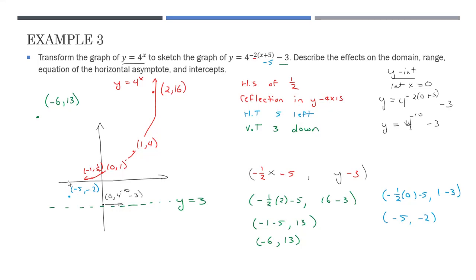Generally, when we sketch stuff, we are supposed to find the x-intercepts as well. So I will just take a little time and do that here too. So our x-intercept is equal to, let's let y equal 0. So we're going to get 0 equals 4 to the power of negative 2, x plus 5, all minus 3. We'll add 3 to both sides. Now we can't solve this at this point. We don't know how to use logarithms. So graphically, you can go make the left side equal to the right side. And you're going to find that x is equal to negative